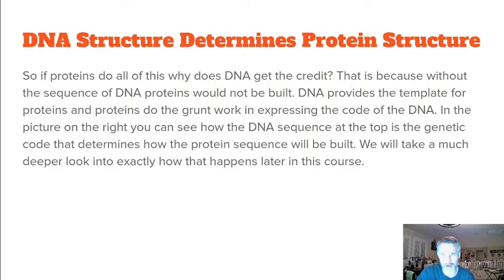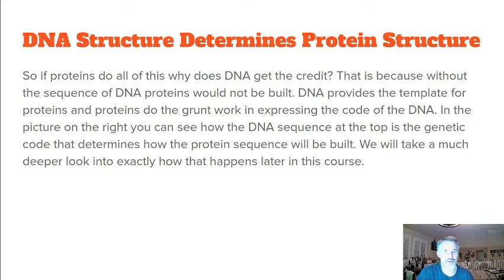Well, again, as I mentioned at the beginning of the notes, because DNA is the instructions in how to build the proteins. That's because without the sequence of DNA, proteins would not be built, right? You wouldn't know, or the cell wouldn't know how to build each of the proteins. So DNA provides the template for the protein, and the proteins do the grunt work in expressing the code of